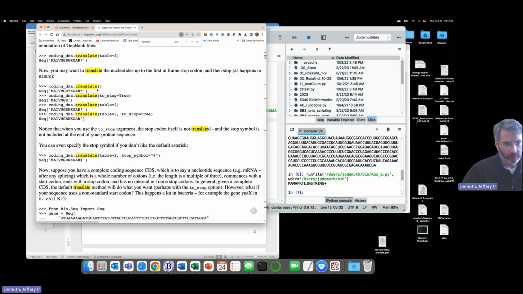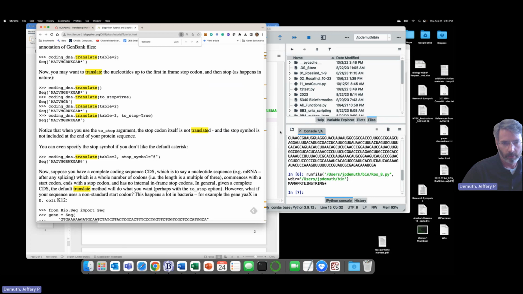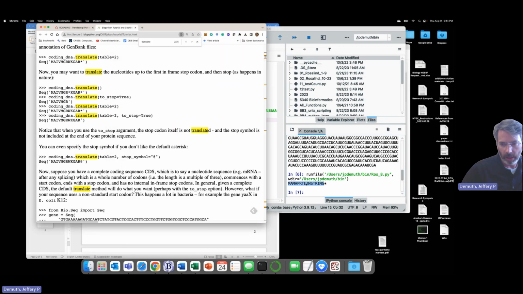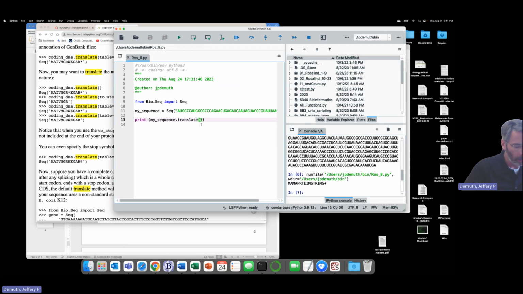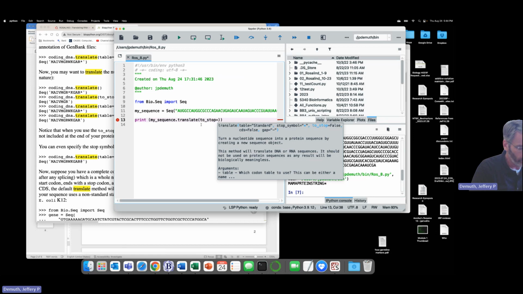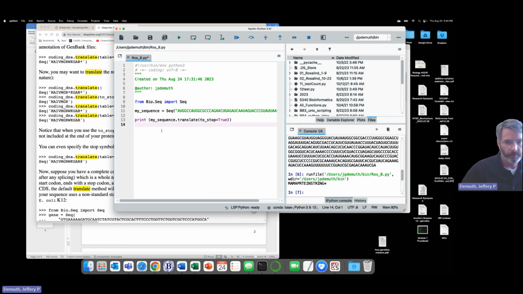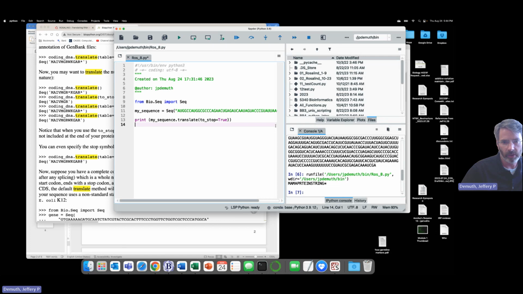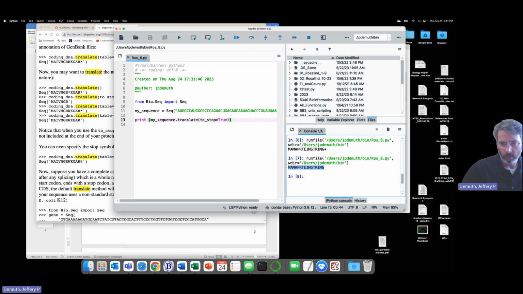And in this case, we know that it's the standard translation table, just because our translation is matching what Rosalind already expects, except for that stop codon. So what we can do to make it not print that asterisk is say to stop equals true. To stop equals true should stop translating whenever it sees the stop codon and not give us that asterisk. So I hit run again, and indeed we got no stop codon. So that looks exactly like what